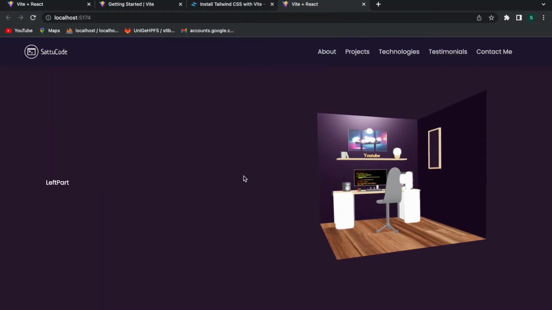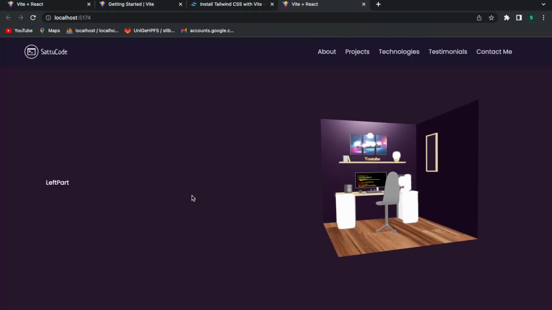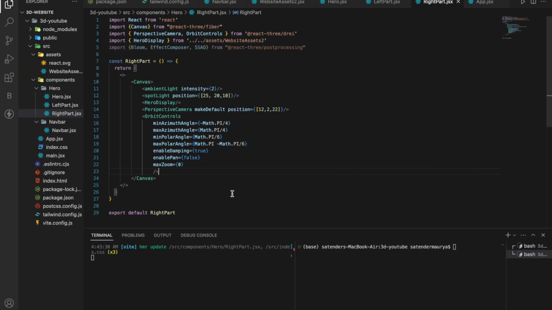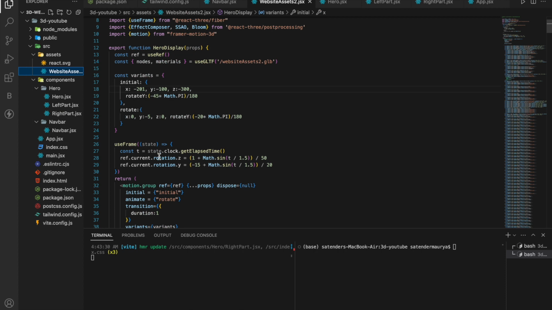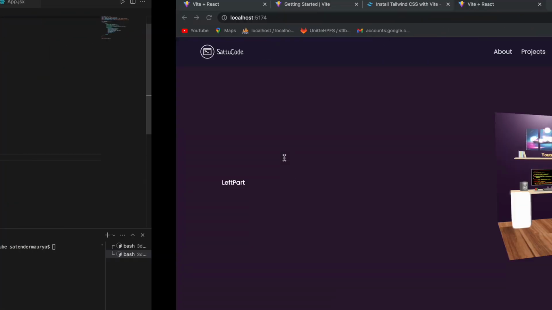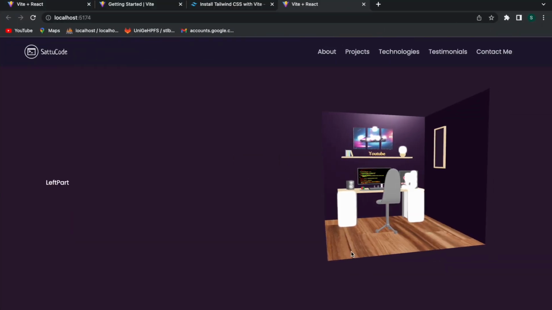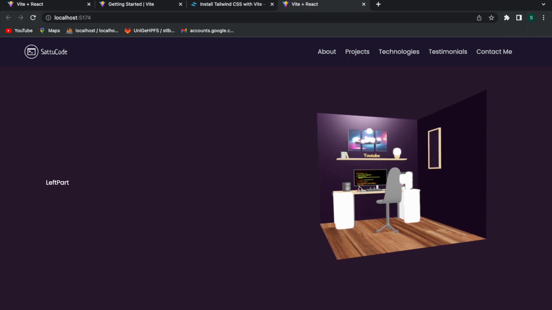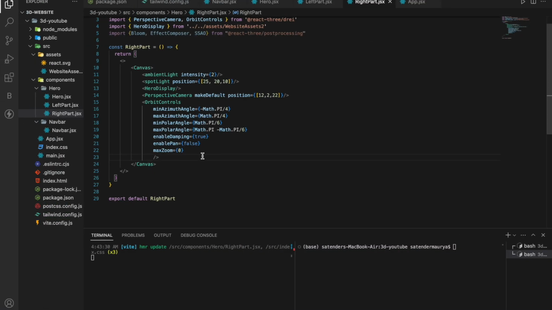And if we go here, you can see our model. One more thing I forgot to tell you, that y should be -5, not 0. So now you can see our model here, but you can see there are some bright spots here which should not be there. For that we'll use effect composers,